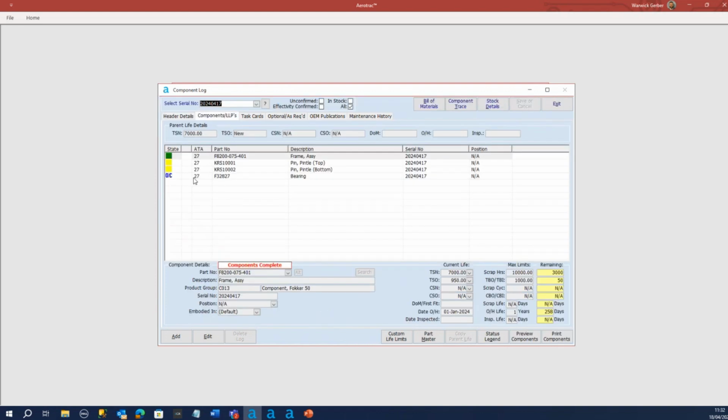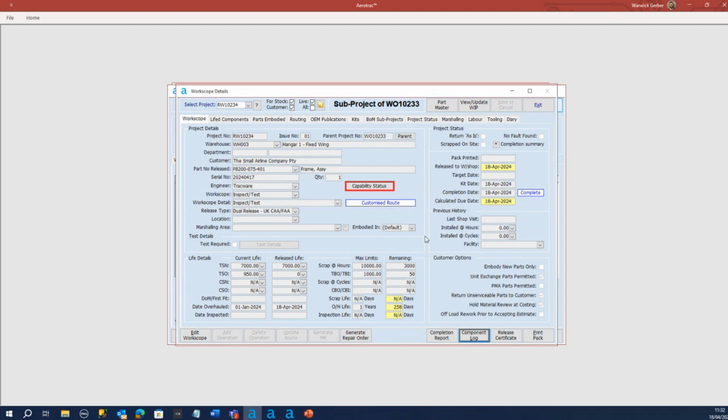So the components, and here we go, and we can see the details. Okay, they've not been updated because obviously the top level hasn't been completed yet. Okay, so if we had that part that was on its own component log, then that would have been fine. So we've completed this project here for this sub project,